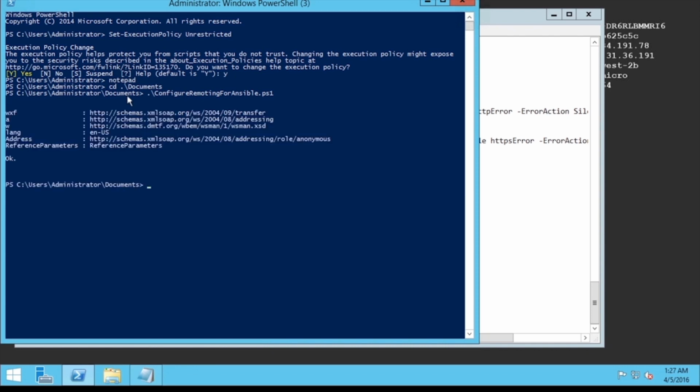For those of you who are interested in what the script is doing, it's just checking some basic conditions. So whether I have the correct version of PowerShell, whether WinRM is listening, and then it goes and configures WinRM to listen over 5986. Luckily, this script is ready for us to use and we can just run it and start using Ansible with Windows right away. So now that I've executed it and it came back okay, I can go right over to my Vagrant instance